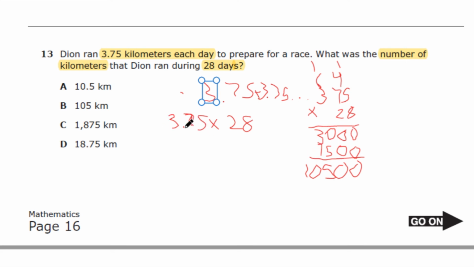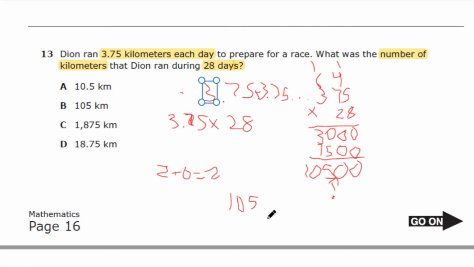So this number here, the 3.75, has two decimal places, the 7 and the 5. So that's 2. And then this 28 has no decimal places. It's all just whole numbers. So we have 0. So 2 plus 0 is 2. And this means we need two decimal places in this final answer. So this is one decimal place, and these two are 2. So we're just going to insert a decimal point there,